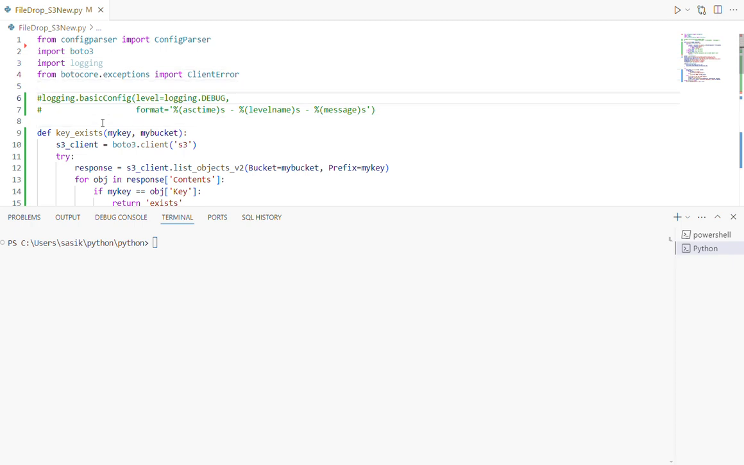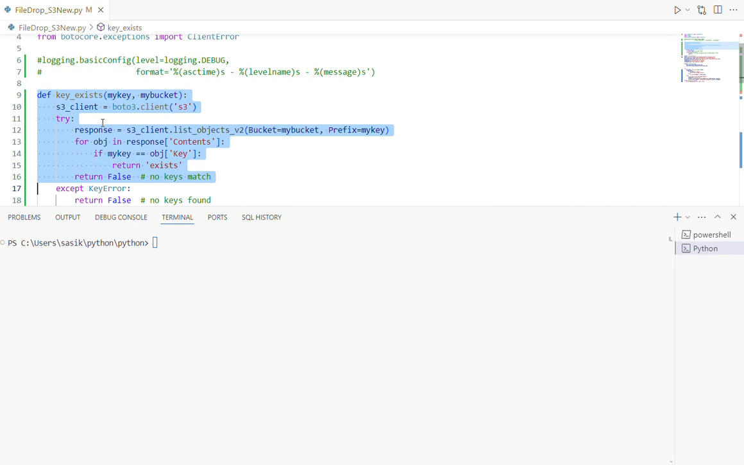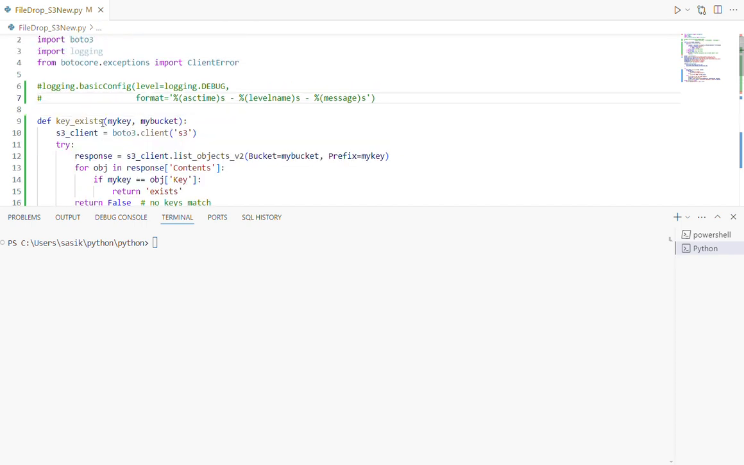So the logging, you can enable it for now. For testing purposes, I have commented the code. So this is how you can enable it. But before that, make sure that the logging library is added in your Python scripting. Okay, and to begin with, I've defined a function to verify if the file already exists